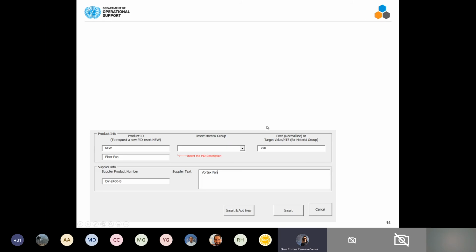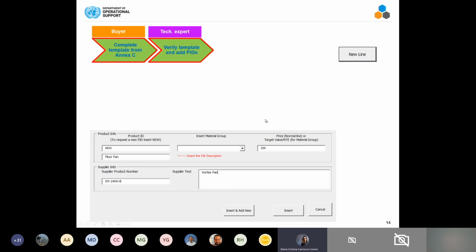And then it's a question of adding a line. In this case, remember, we are creating a new contract in order to be added to the existing contract catalog. So it's a new contract, it's empty, we just have a number. So we're going to start populating lines. In order to do so, we just click on the bottom new line, and then the new line button is